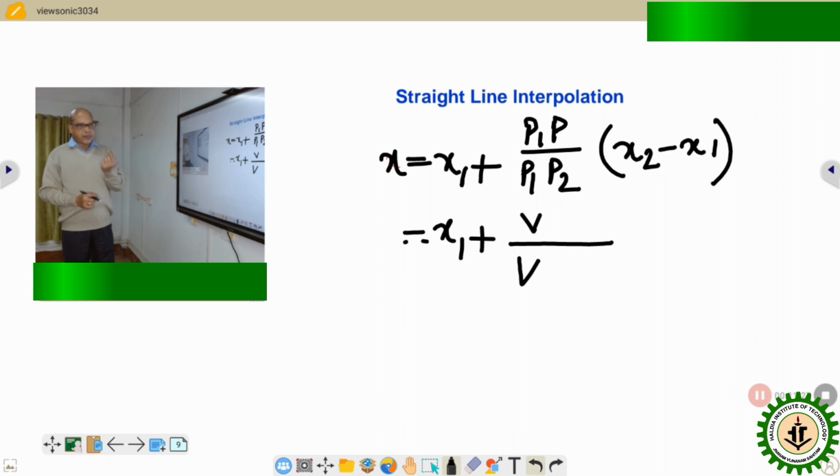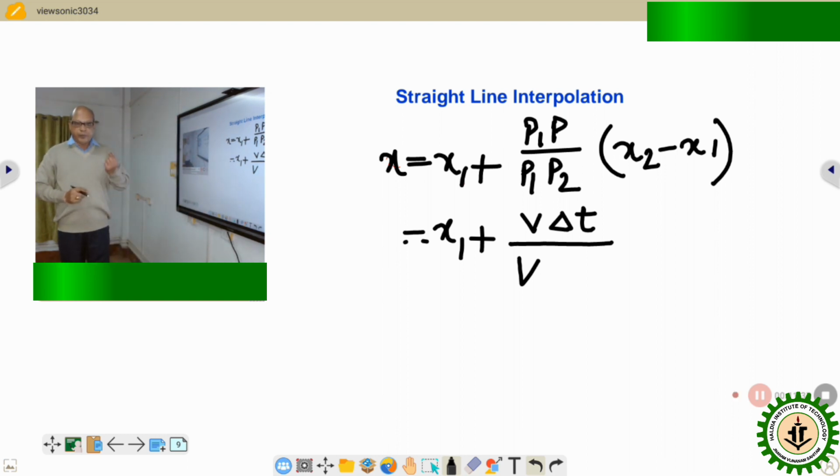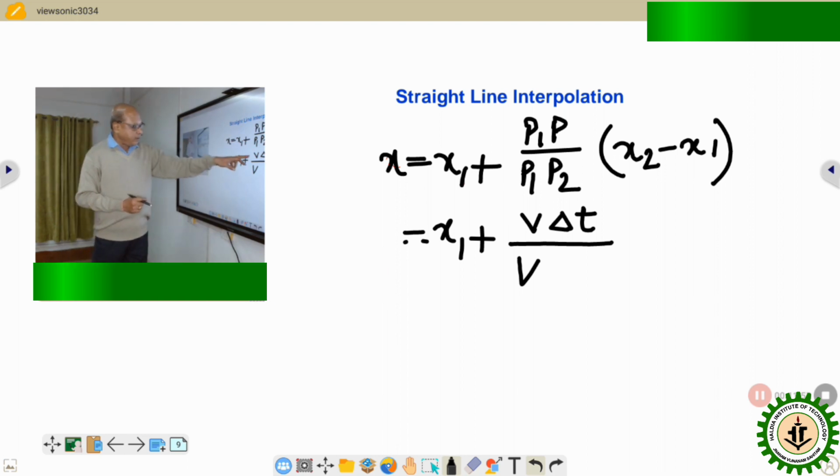So let us consider delta t is the time required for one pulse so that some incremental movement takes place while moving from P1 to P. Once again I am reiterating that P is a dynamically changing point. First it starts from P1, then for one incremental pulse which spans delta t time, it moves to the point P. So the distance covered will be P1P, and we can write it as velocity into time. Similarly P1P2 is the longer distance, so more pulses are required to cover the entire distance, and these pulses are always of integer type. So if we consider that n number of pulses are required to cover the entire distance along P1P2, of course as far as only the x component is concerned,